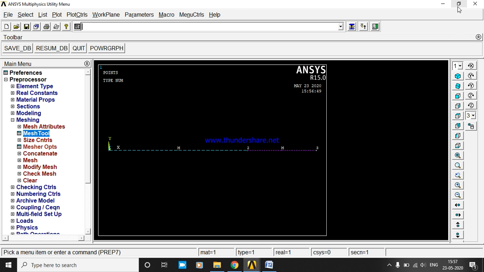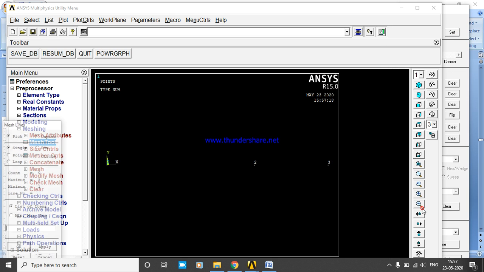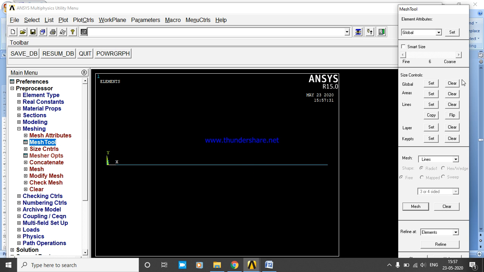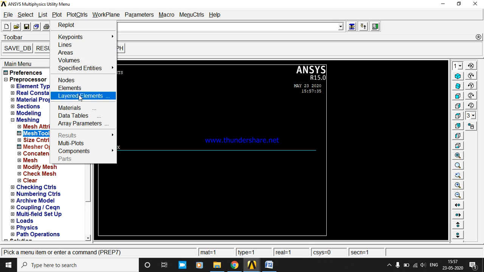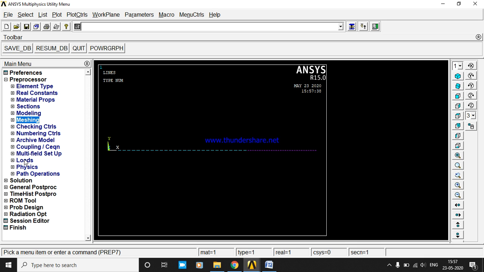So after setting, meshing is not completed, I said you, the mesh tool is still on the back. So go for the mesh. So first what I have set is, I have set the lines into 30 divisions. Now I am meshing the 30 lines there, 30 divisions there. So 2 lines I have selected, okay, and I will close the mesh. So now you can observe, if you go to the plot and lines, you can observe the color coding of the two different elements. Okay, now we shall go for the load.